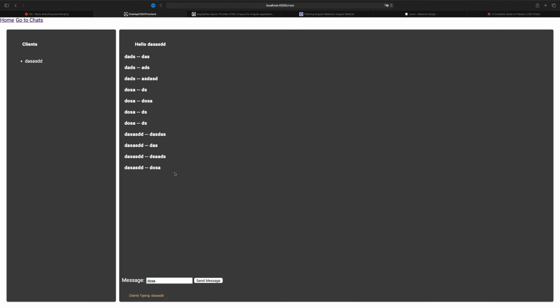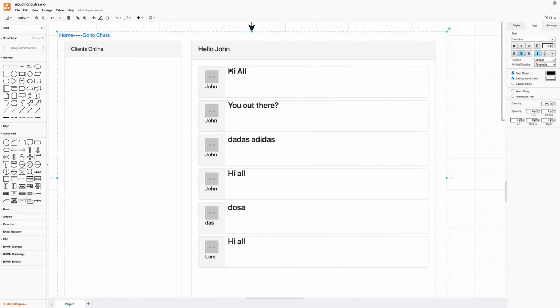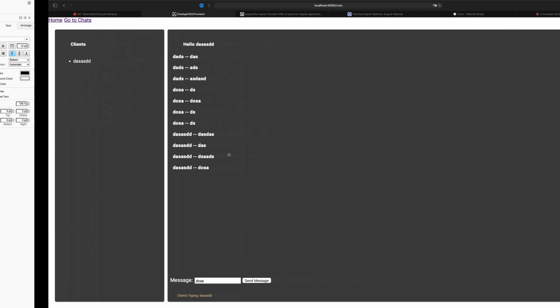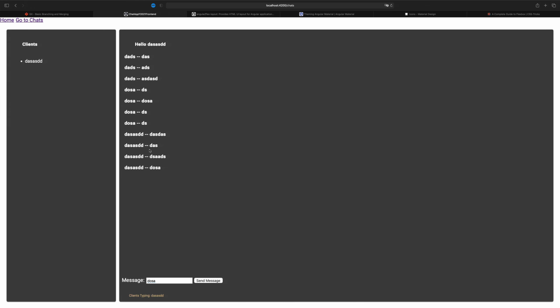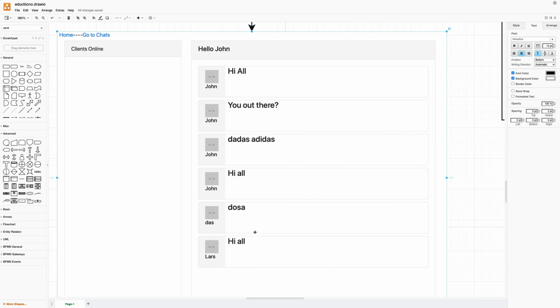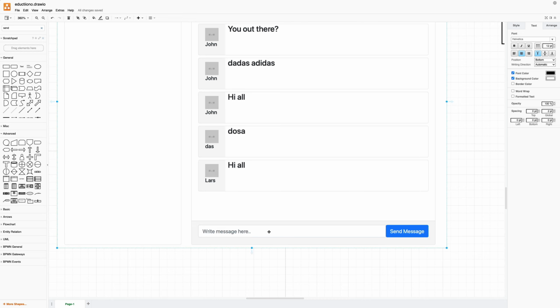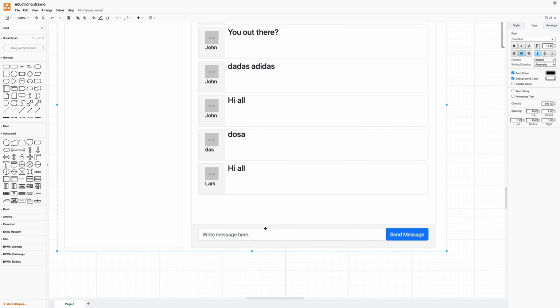So our application is getting places, but we're still not there yet. I want to change this into a list right here. Right now it's just a list of strings. I want to make that into some kind of list of items. I want this to be prettier down here, but in this lesson what I'm going to focus on is,